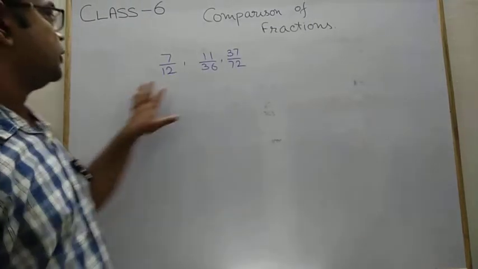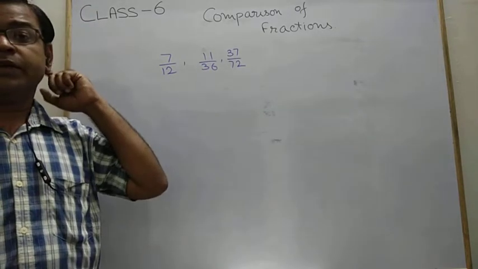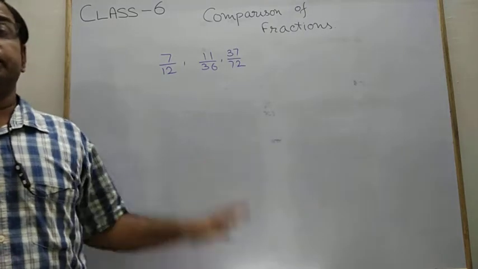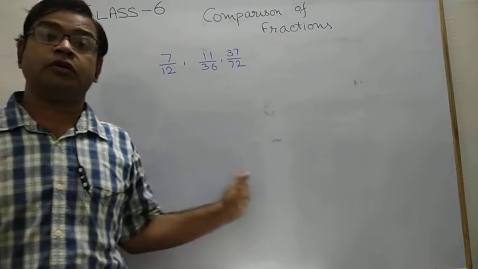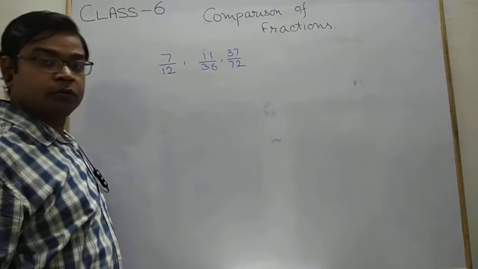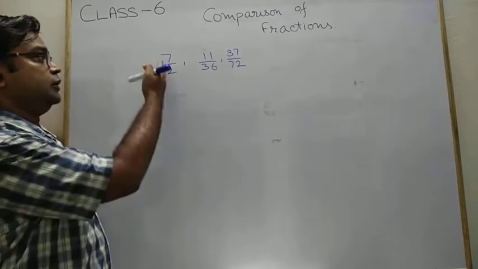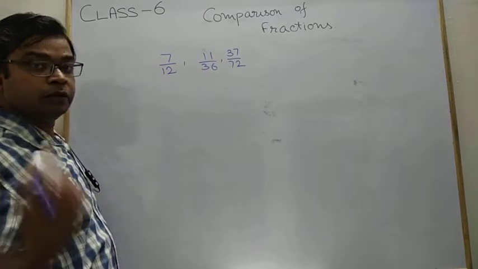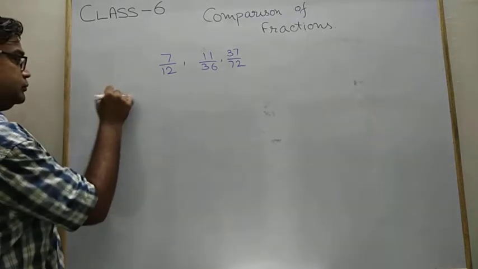So we are going to compare these three fractions and arrange them in both ascending and descending order, so that we can easily clear the concept of how we have to solve it. First we check that these are not in simplest form, and neither the numerators nor the denominators are the same, so we have to convert them into like fractions. So LCM